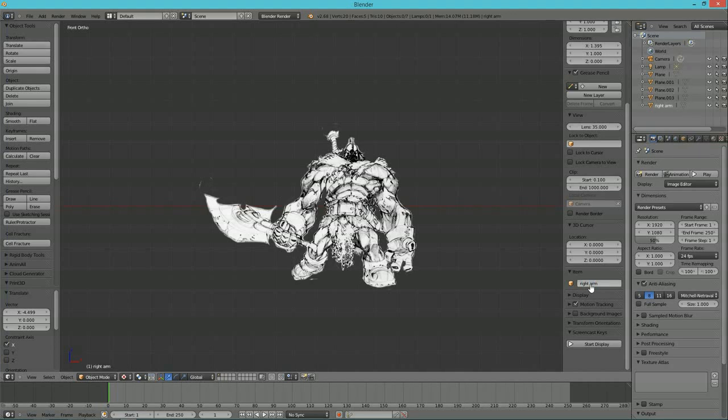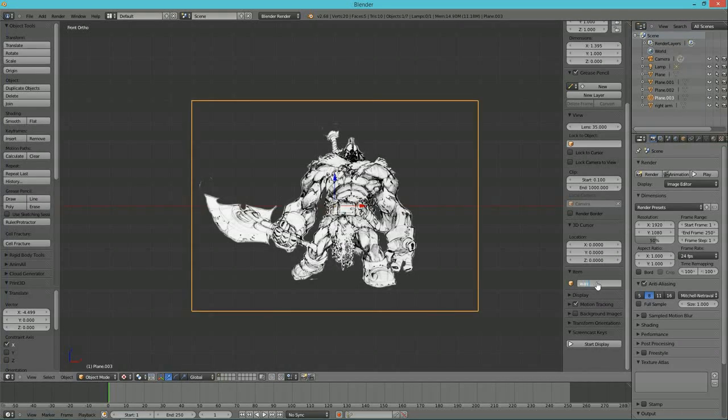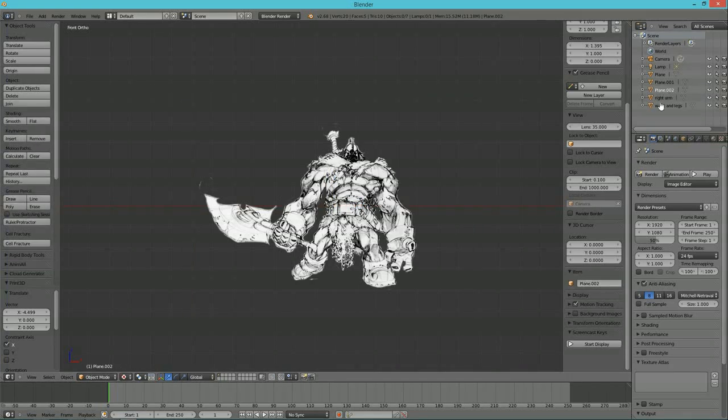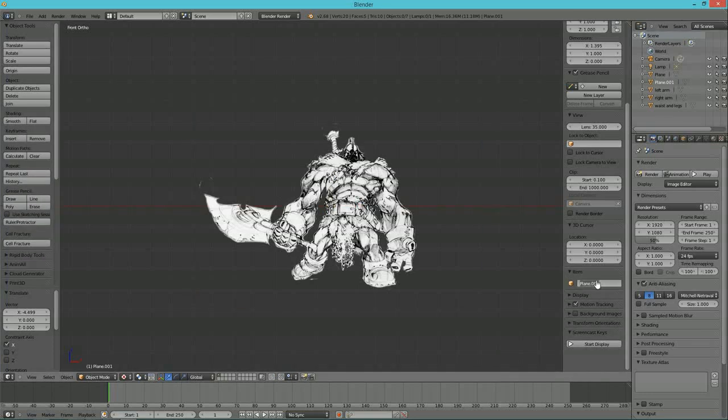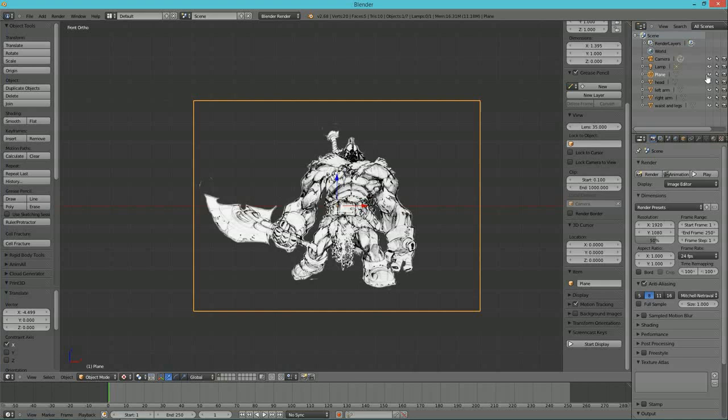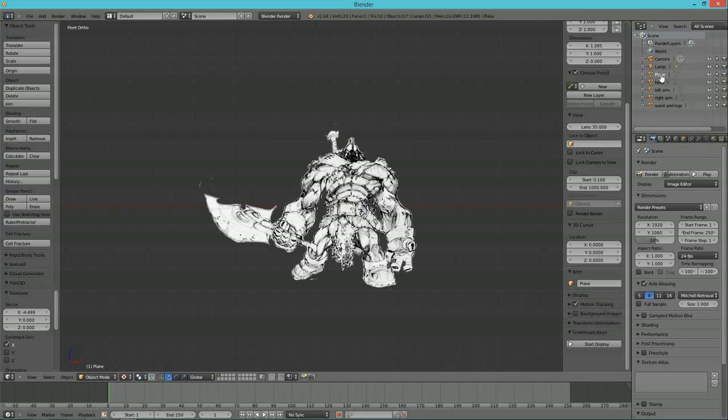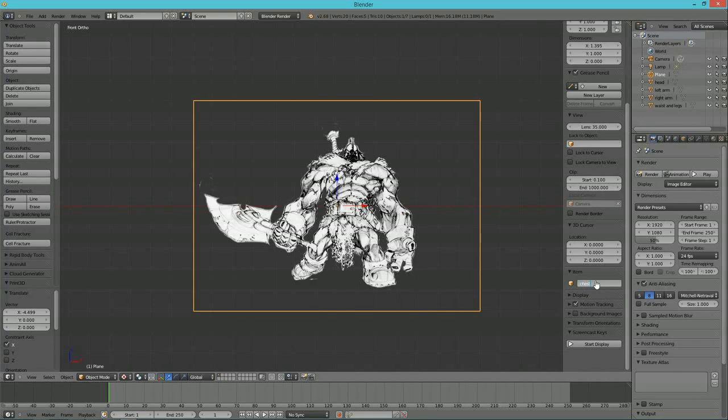right arm. There's the waist and the legs. So we'll come over here, name this waist and legs. Left arm. Get the head there. And it's just good practice to always name, what is this? Oh, there's the chest. Okay, name this the chest. It's good practice to always name your things. I used to, when I first started doing design, not like to name things, and trust me, it's